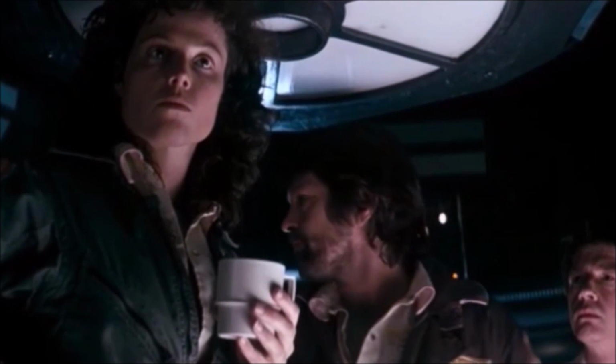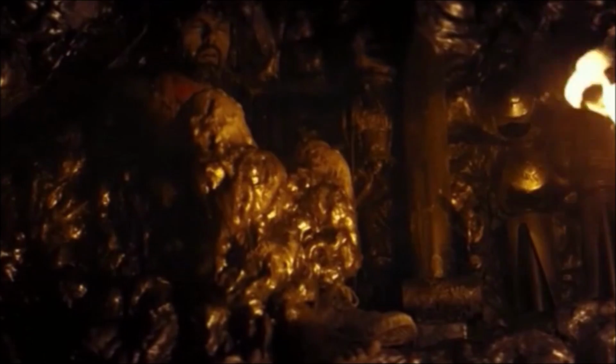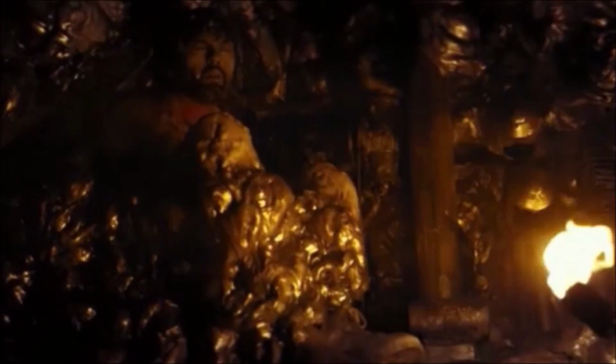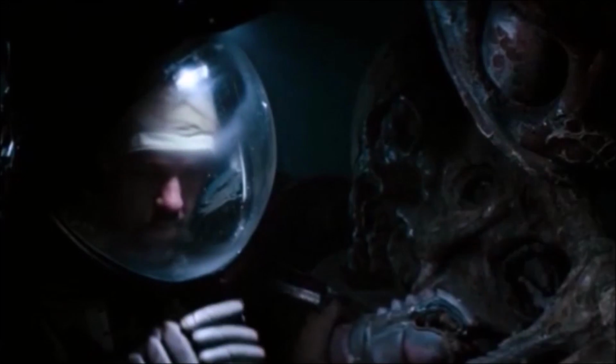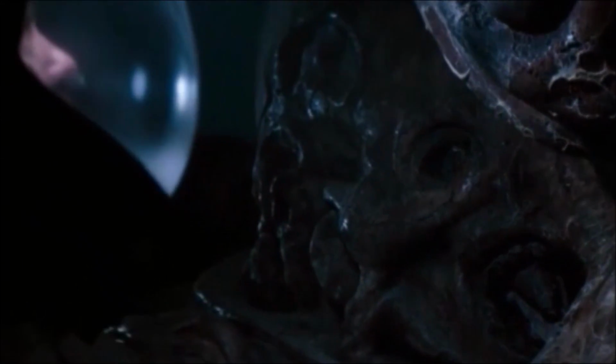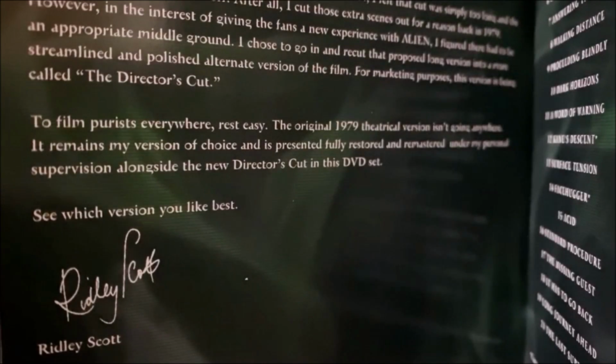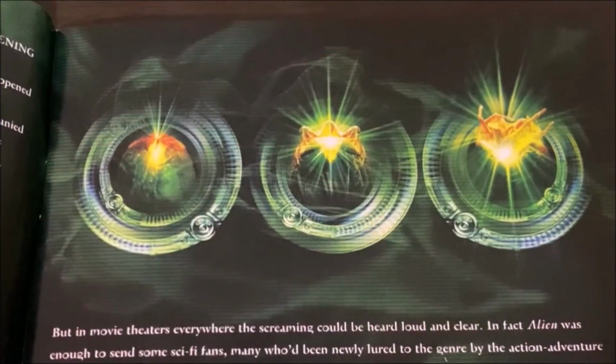To film purists everywhere, rest easy. The original 1979 theatrical version isn't going anywhere. It remains my version of choice and is presented fully restored and remastered under my personal supervision alongside the new Director's Cut in this DVD set. See which version you like best. Signed, Ridley Scott. We have the makings for a great DVD presentation here, so let's veer off from the booklet